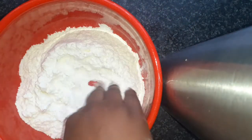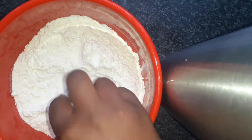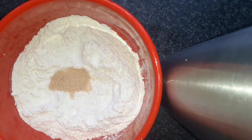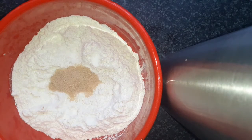So you're going to start with 1.5 cups of all-purpose flour in your bowl. This will make enough for a large pizza base. If you want just a small pizza, just do 1 cup, and then you add in 2 teaspoons of sugar,